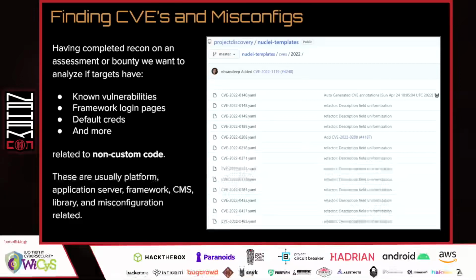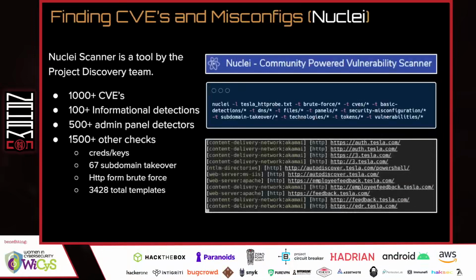But having completed recon, you want to look for these CVEs. You also want to look for things like login pages and maybe default creds related to non-custom code. These are things that are associated to the frameworks and the CMSs and the libraries that exist on your target. So here you can see the first one we're going to talk about is Nuclei, which is made